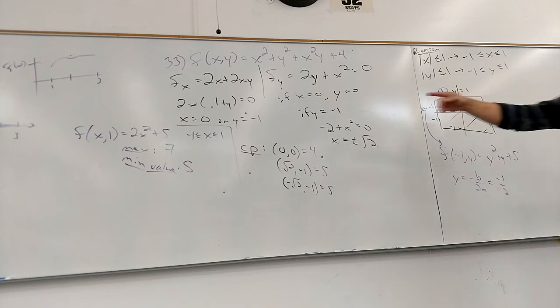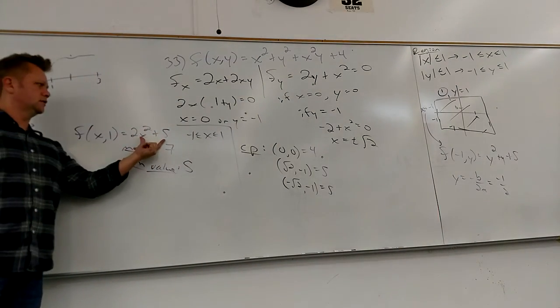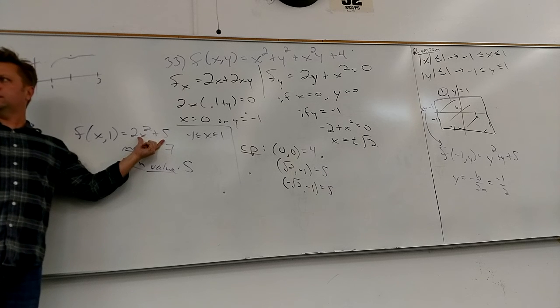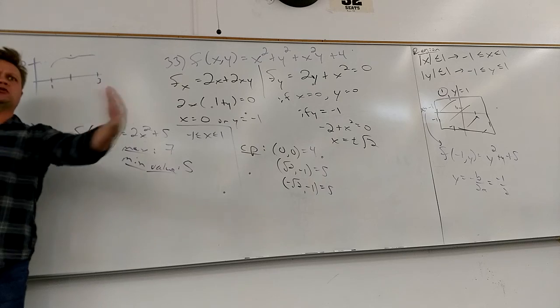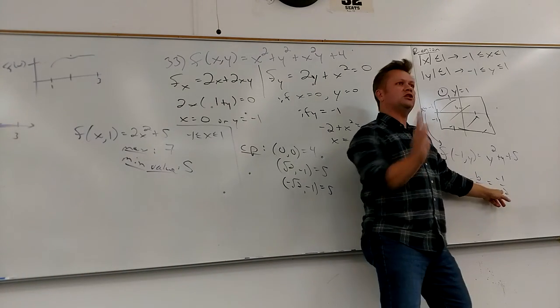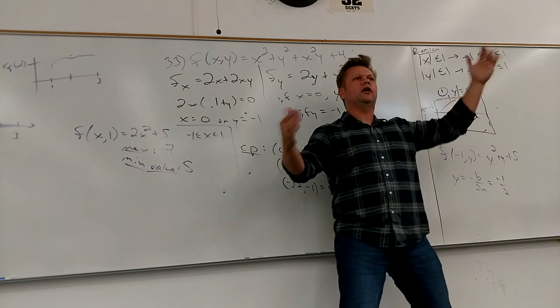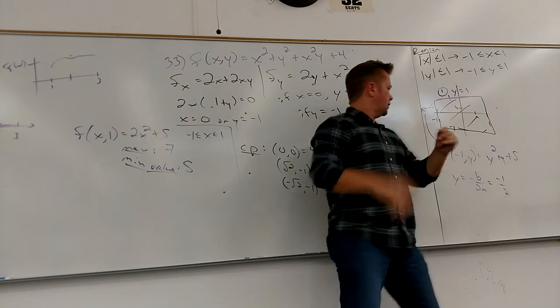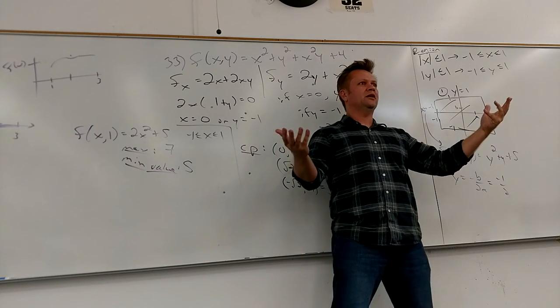What was nice about this one? Where's the vertex? 0, yes. It's on the y-axis. So it was symmetric around its vertex. Here, its vertex is shifted, but I still have to go between negative 1 and 1. It's not symmetric there. But who gives a shit? You just plug in the endpoints and see which one wins. Right? Again,